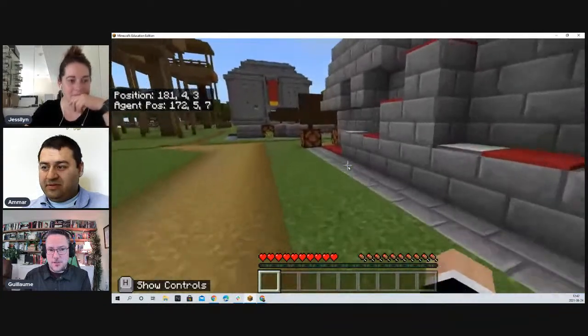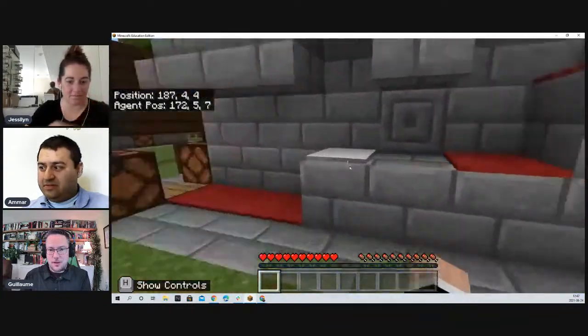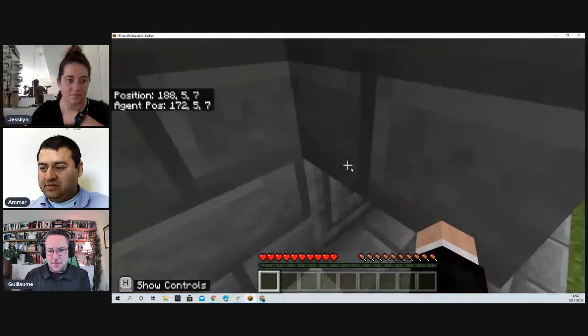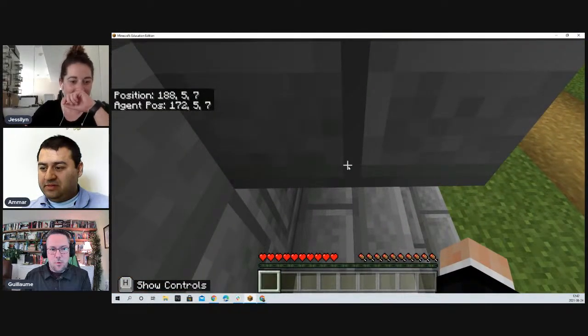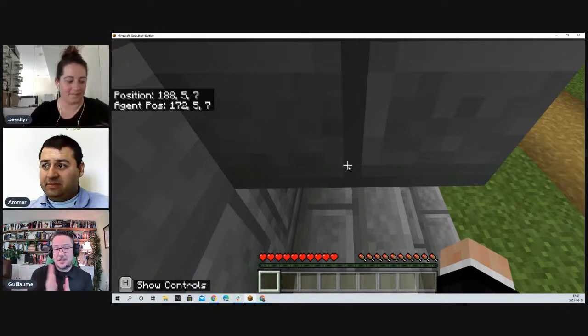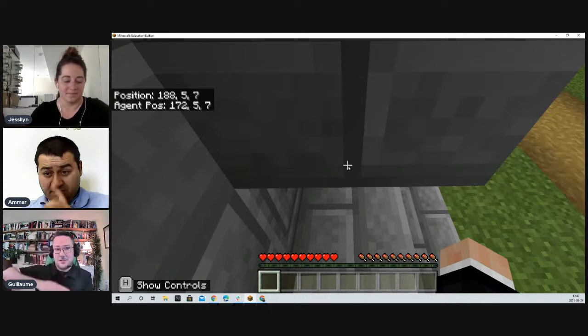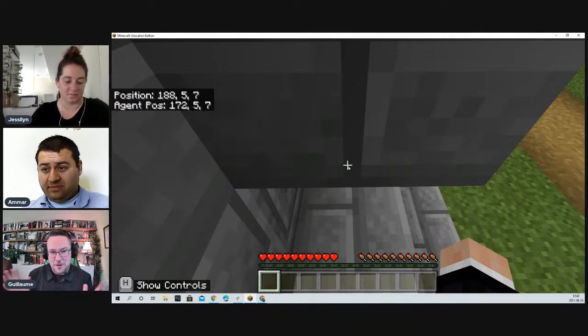Those are the positions. Look what happens when I move around. I just stepped on a plate right here, and it gives me position 188, 5, and 7. So this is the x-axis, the z-axis, and the y-axis. Right now, this is my geographic position inside this world.